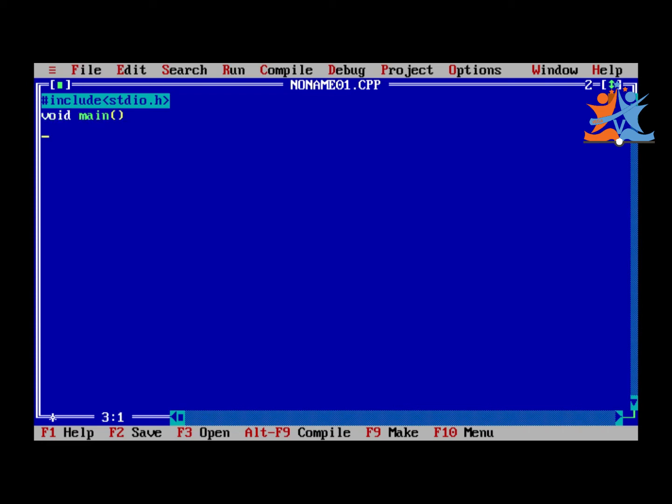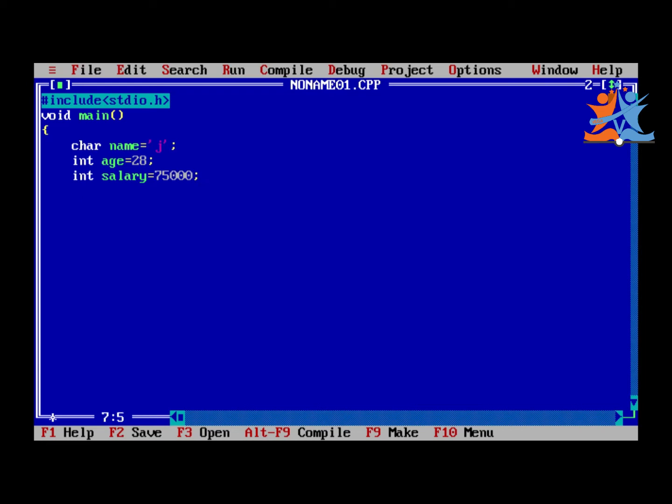After that, we have char name is equals to John J. Next, int employee age is equals to 28. Next, int employee salary is equals to 75,000. What happened? We will see.